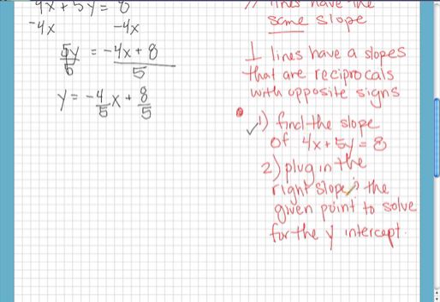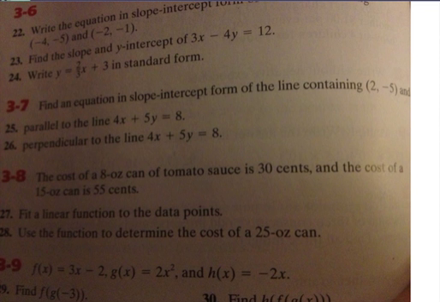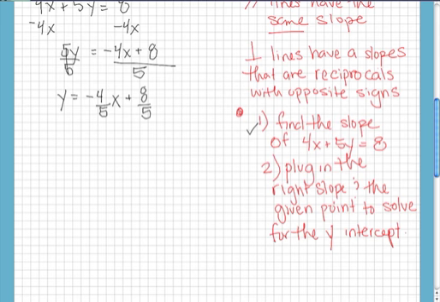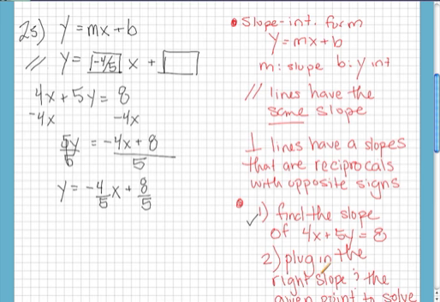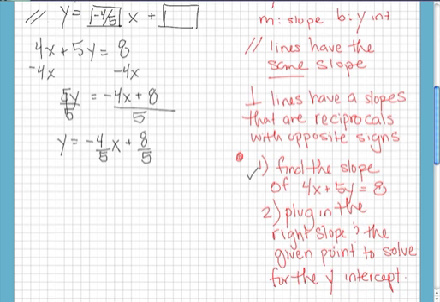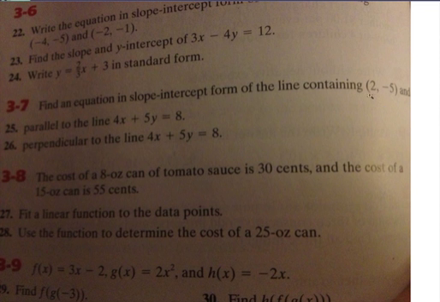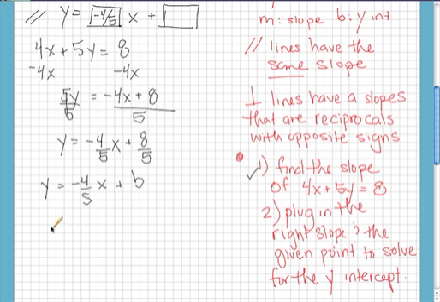Now we've plugged in the slope, and they've given us some additional information. They've given us this point here. Well, that's because we're supposed to use it. So we're going to plug in this point given to our x and y terms, and then we're going to solve for b. So right now we have y equals negative 4/5 x plus, we don't know what b is, so let's just call it b still. And we have that this line is supposed to go through the x coordinate 2 and the y coordinate negative 5. So we're going to plug in